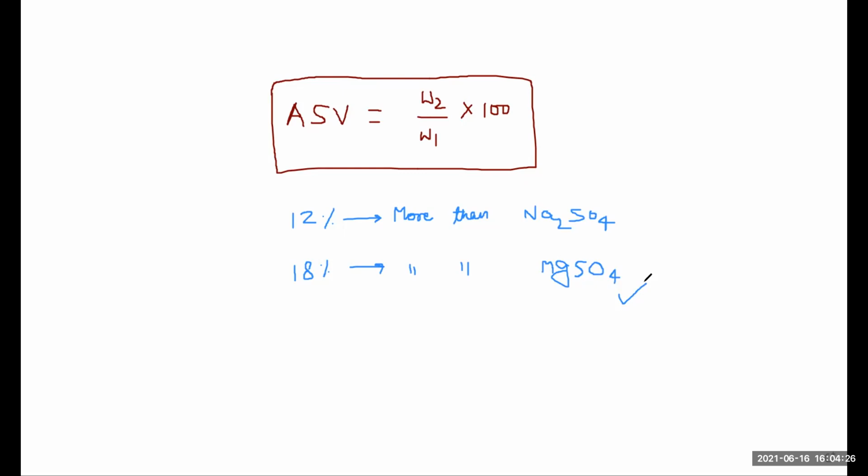In the impact test, I think Arpita ma'am already showed you a video in today's class on how we find the aggregate impact value. Next is your aggregate hardness test. I already discussed that we find it through the Los Angeles abrasion testing machine. Next is your shape test. I already discussed there are 4 types of shape of aggregate: one is rounded, next is angular, third is flaky, and last is elongated. For rounded and angular aggregate, we use the angularity number to find the shape of your aggregate.